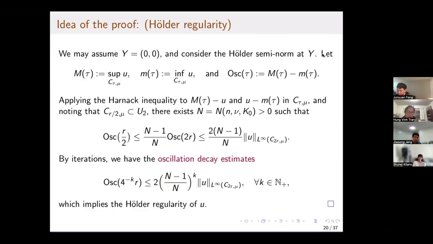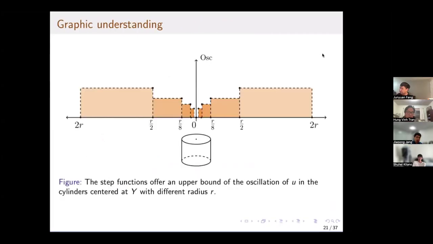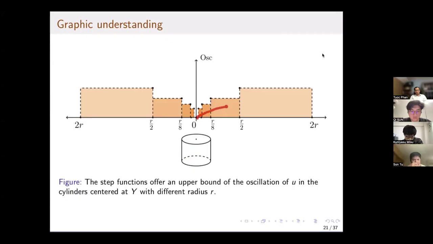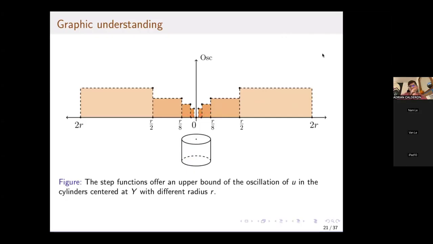So this one basically implies the whole regularity. For better understanding, I drew a picture here. This is the oscillation. We know oscillation, if we fix the center, then the variable is the radius, the spatial radius. We try to think of the oscillation function over this cylinder. Oscillation is a non-decreasing function. That means there's some function like this one. This is the oscillation function, and this step function offers an upper bound